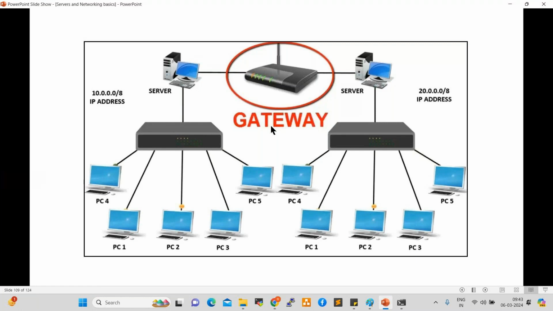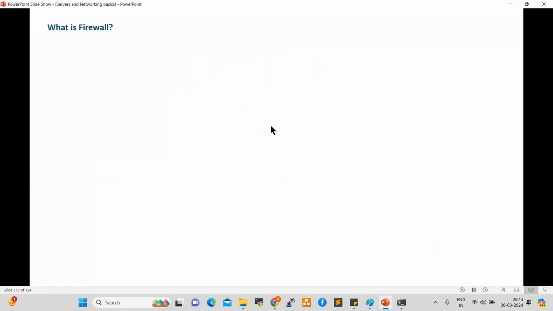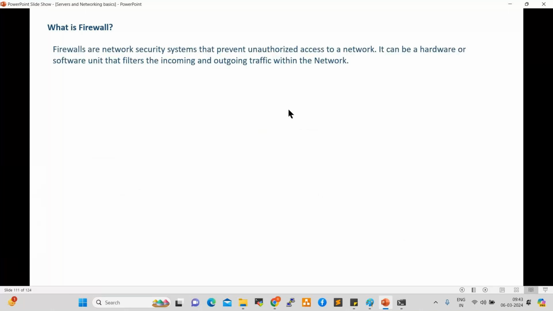Next one, what is firewall? Firewall is a network security device. Firewalls are network security systems that prevent unauthorized access to the network. This will allow or deny the traffic. It will prevent unauthorized access. Unauthorized access means,